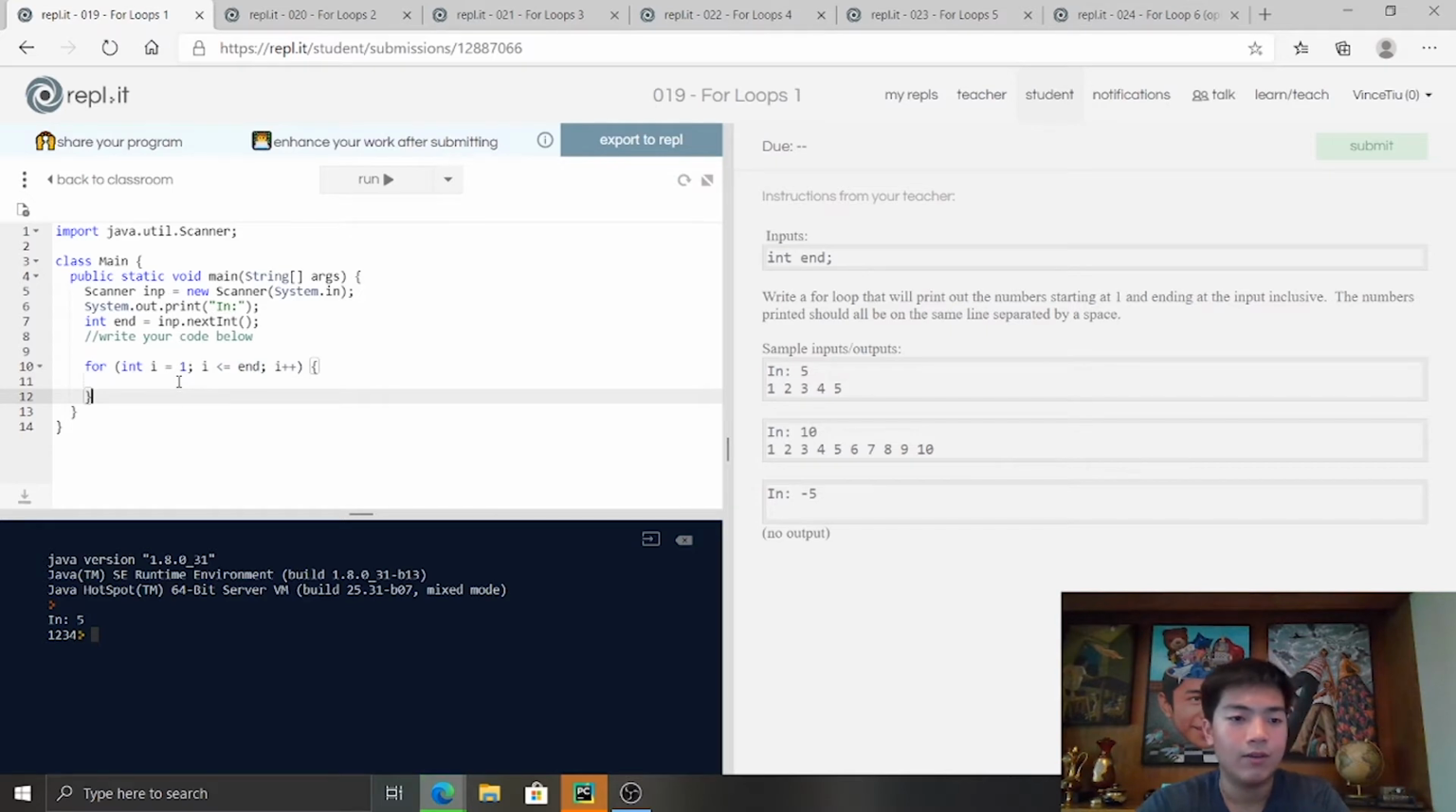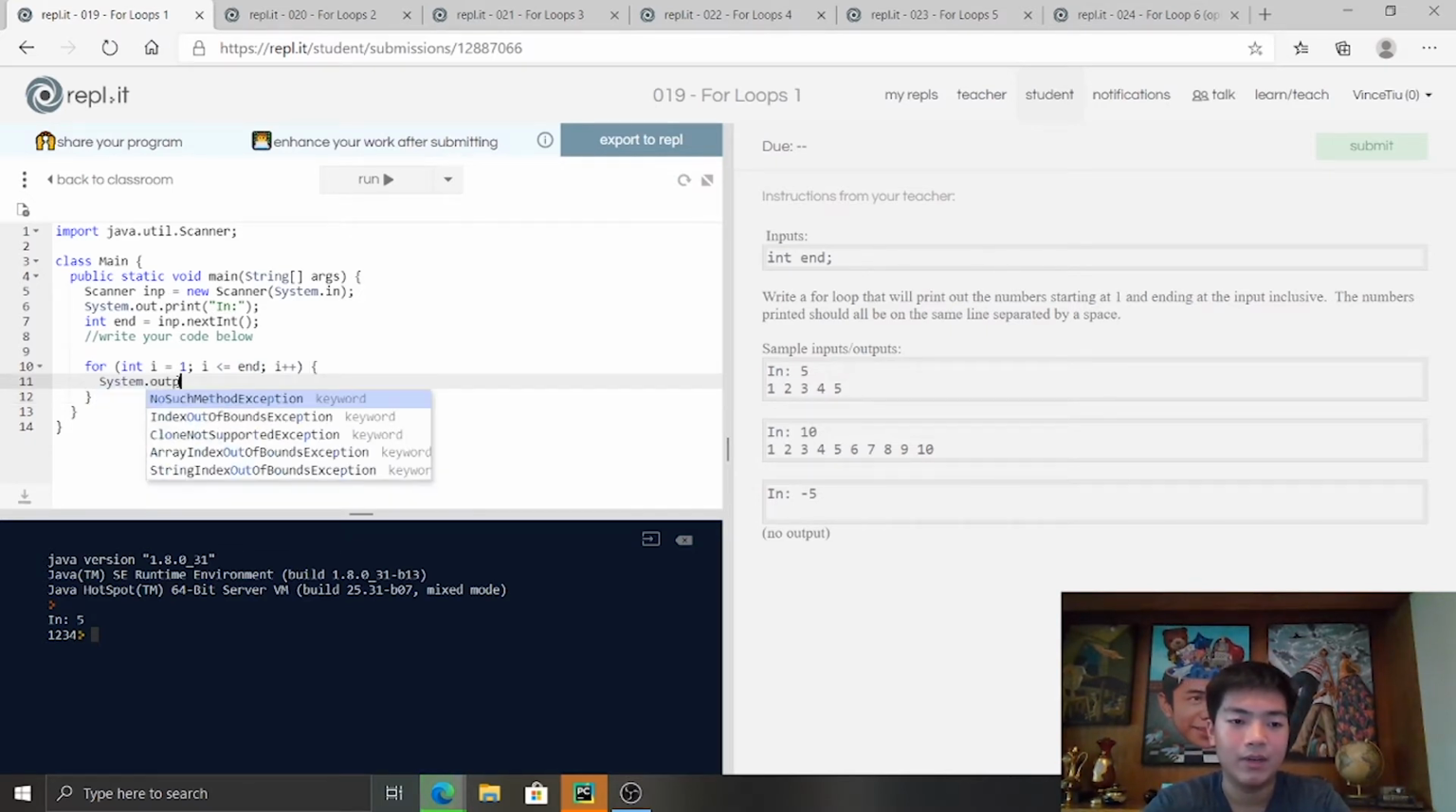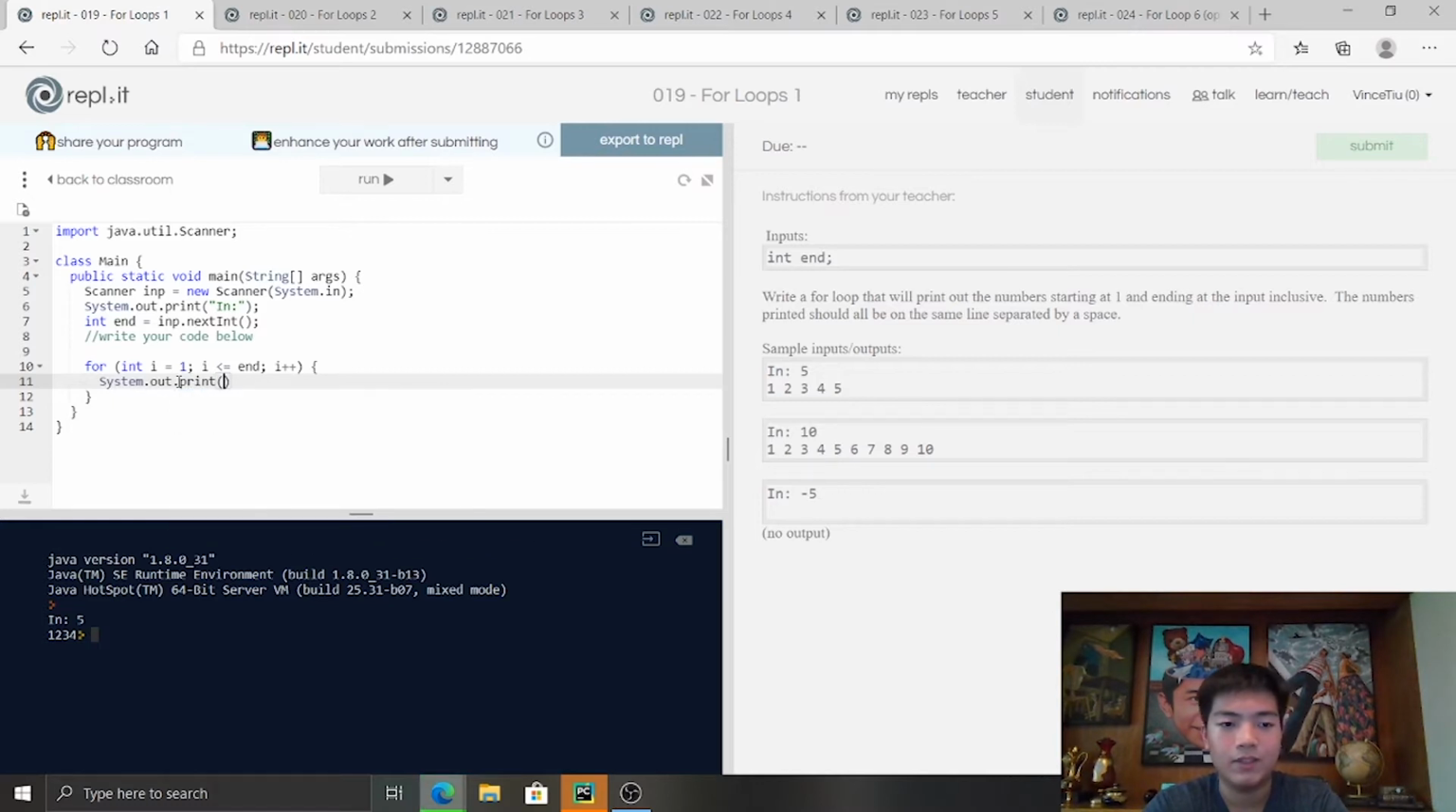Now we just need to print the index. So System.out.print, which prints whatever is inside these opening and closing brackets, and then we can put i plus a space, and this will print i and then a space on the same line. Note, we're not using println anymore because we don't need to print on a new line every time. So if we run this code,